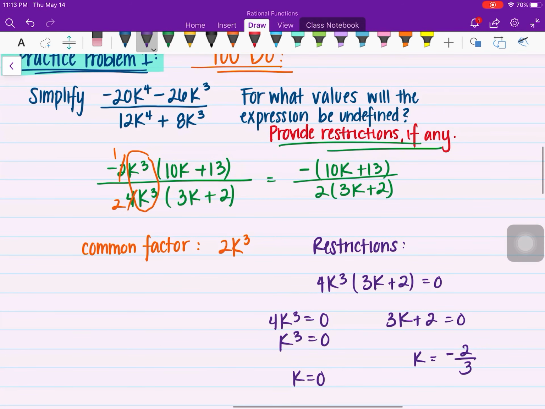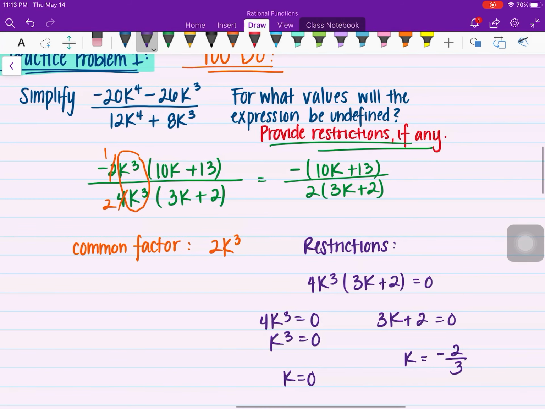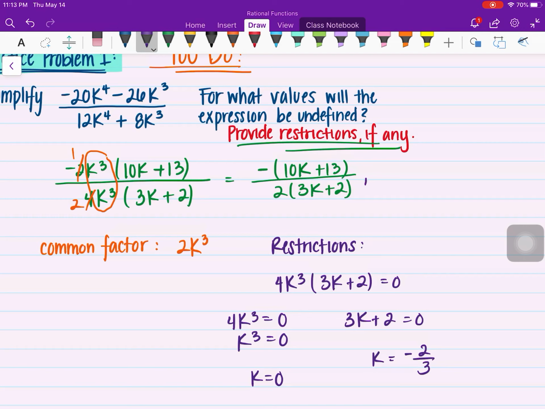So when k has a value of 0 or negative 2 over 3, our rational expression would be undefined. So including with our simplified form, we're going to include our restrictions, which are 0 and negative 2 over 3. And this here would be our